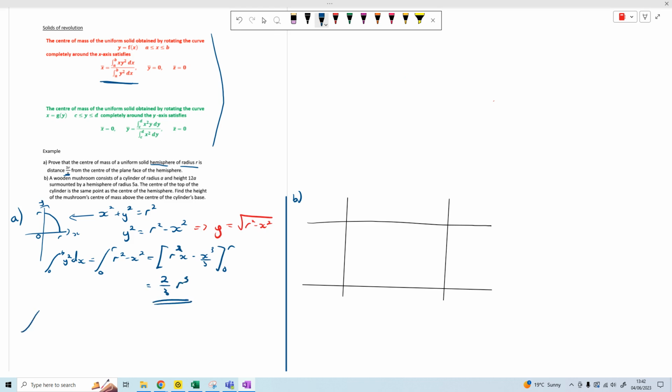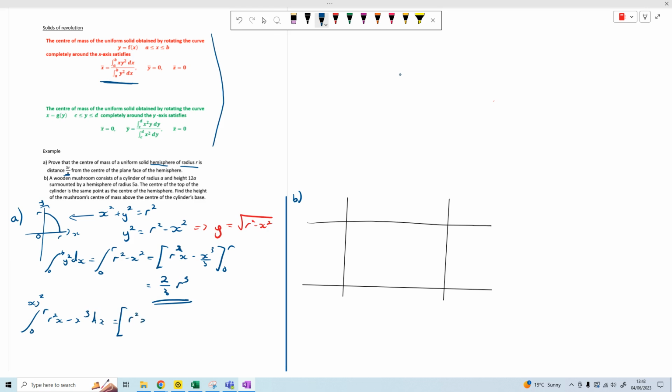And then very similar for the next one, I'm going to do it between 0 and r, but this time I want x, y squared, so it's going to be x and then y squared. So times everything by x, so I've got r squared x minus x cubed. Okay, if I times everything by an x,